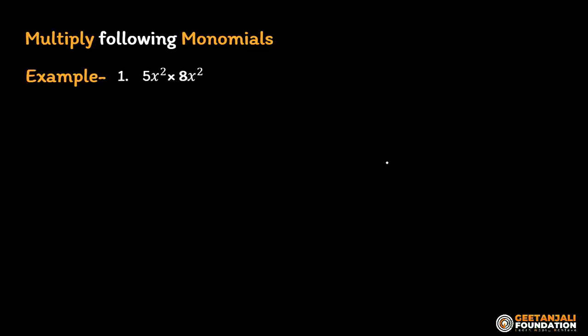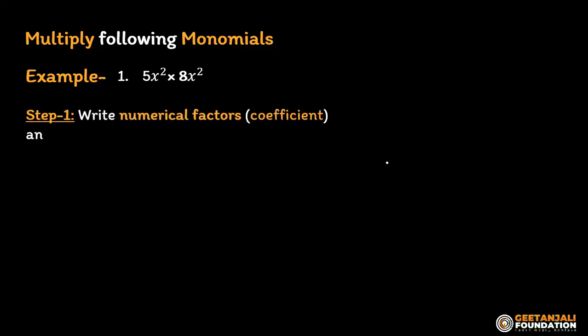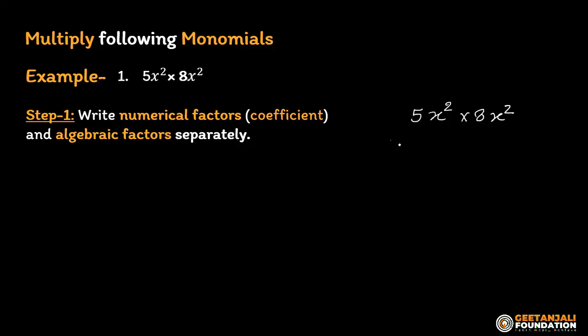First example is 5x squared should be multiplied with 8x squared. So what are the steps? First step, write the numerical factors, that is coefficients, and algebraic factors separately. So this is our question. So I will write this question first. It is 5x squared times 8x squared. And the first step is we have to write numerical factors and algebraic factors separately. So we will write numerical factors, that is 5 and 8. So we will write 5 times 8 because there is a multiplication sign between them, times these are the algebraic